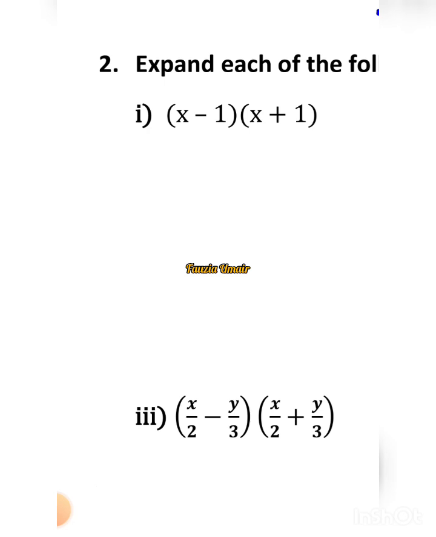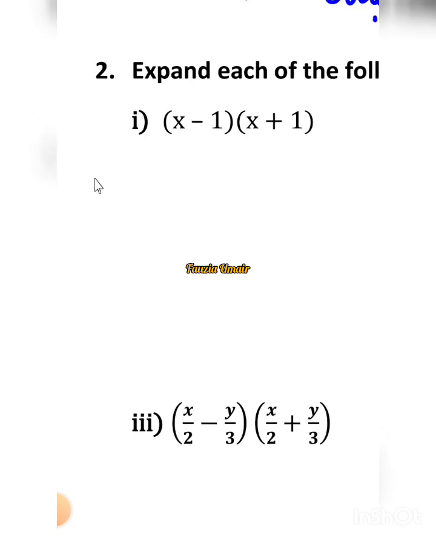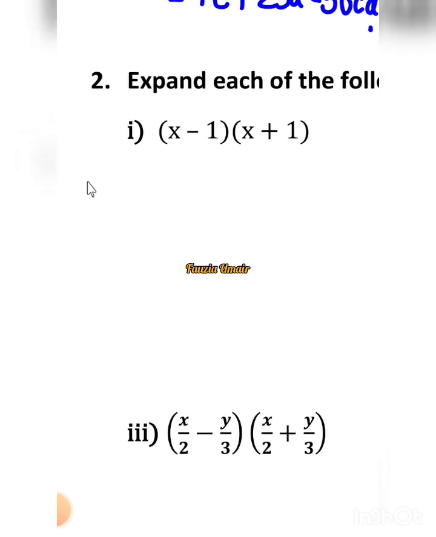Second question is another question of expand. So this time the formula is changed. It is x minus 1 into x plus 1. So this is basically the third formula. If it is a,